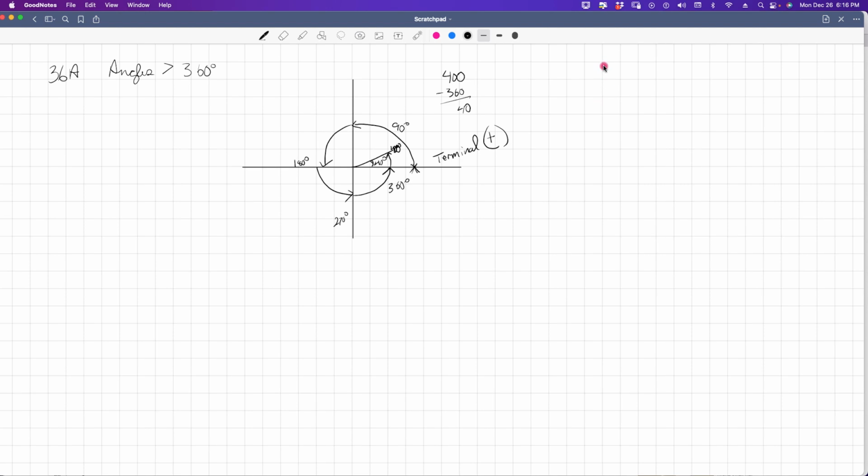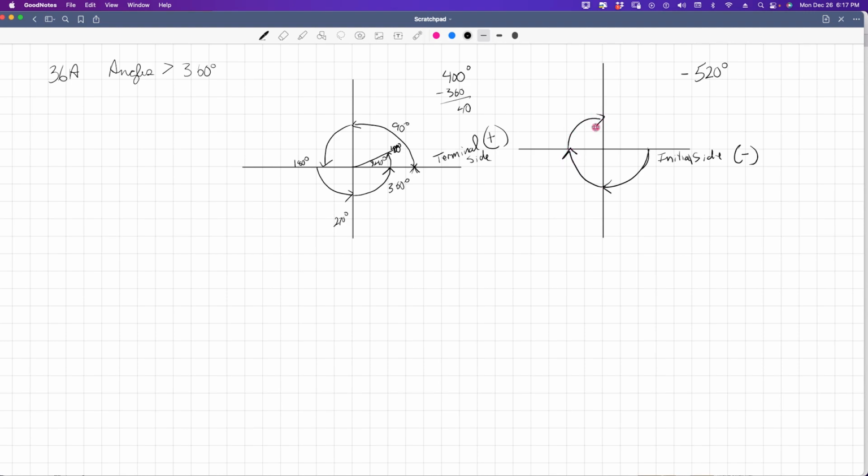Now, if we have a negative that is greater than 360, let's say negative 520 degrees, just for the sake of funsies, we know that we are measuring in the opposite, or the clockwise direction, and that's called measuring from the initial side. All right, the initial side. This is the terminal side or the positive side, and the initial side is going to be from the negative side. So a negative would be going all the way around,